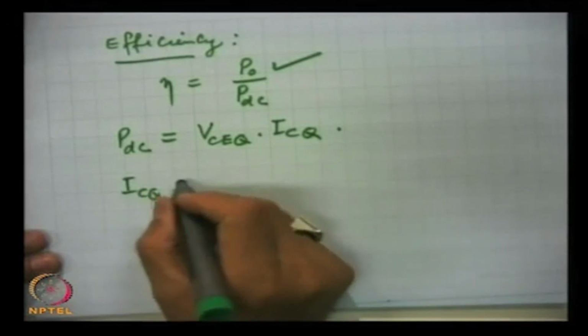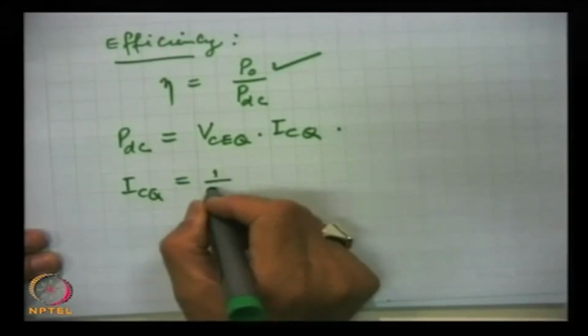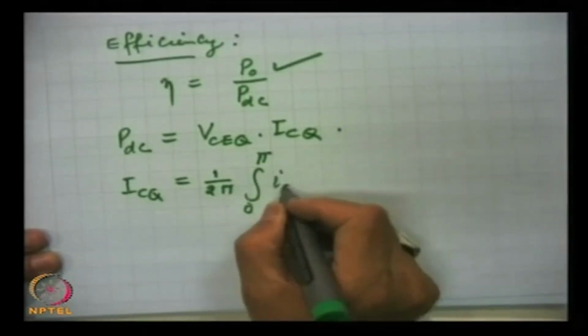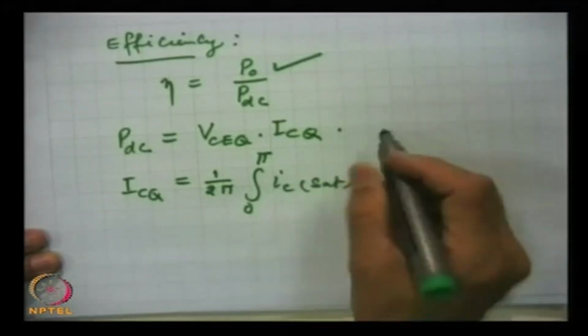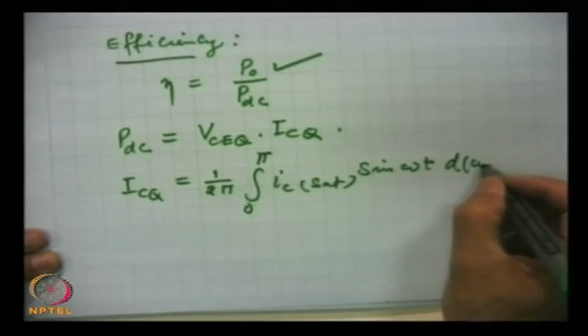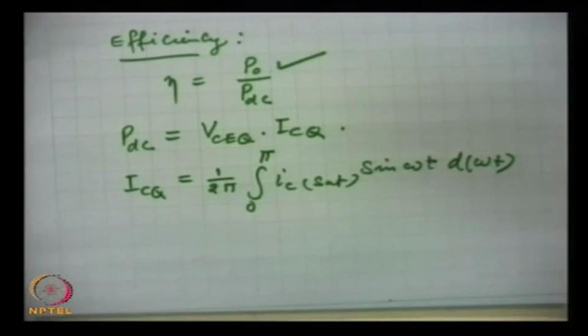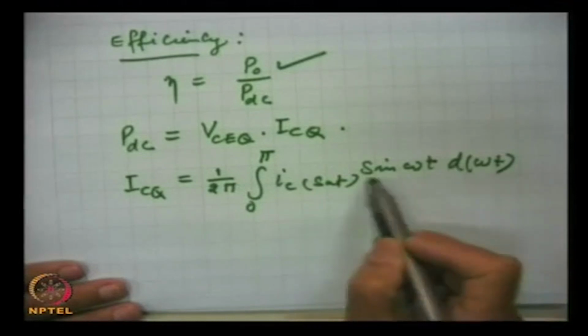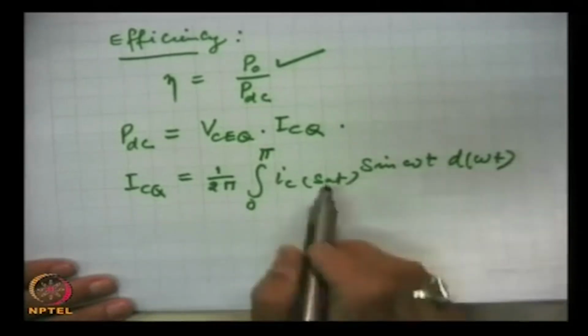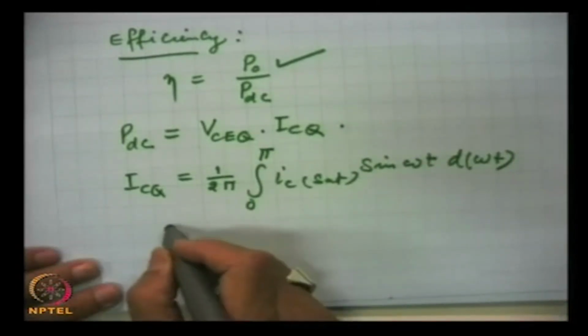ICQ is 1 by 2 pi, integral 0 to pi, IC set sin omega t d omega t. We have taken the signal as sinusoidal, and the current which flows is this, the maximum current, and this is the sine part. We solve it and we find that